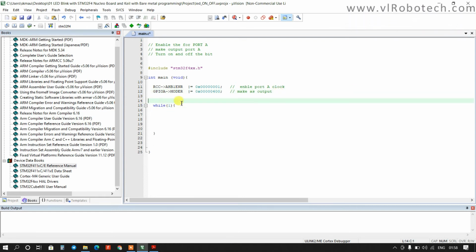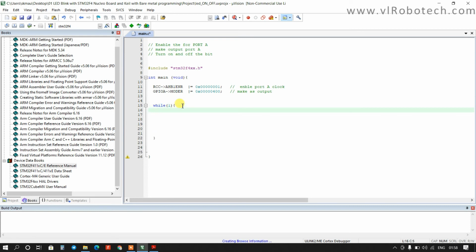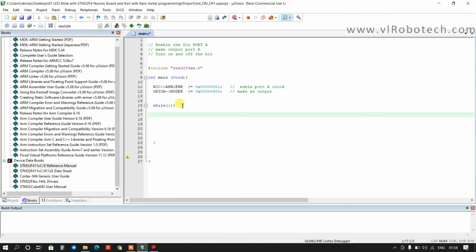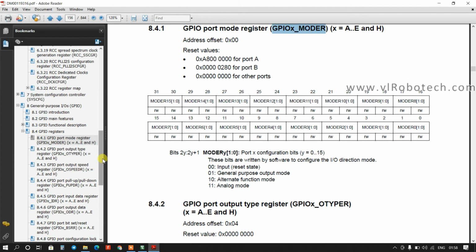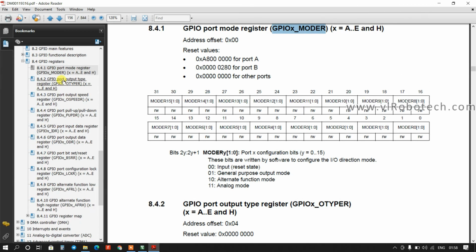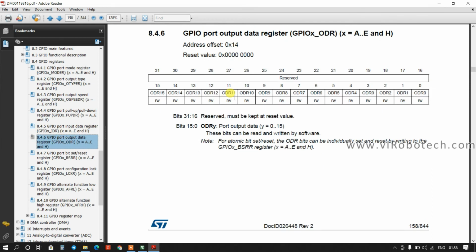Third step is we have to turn on and turn off the PA5 bit. So we will go to the ODR register. This is the ODR register. The LED is connected on the 5th bit, so it will be 1, the remaining bits will be 0.